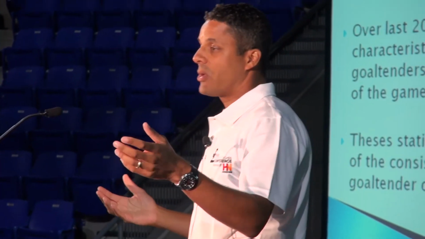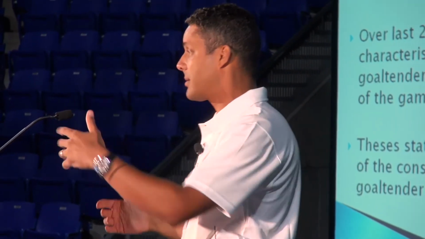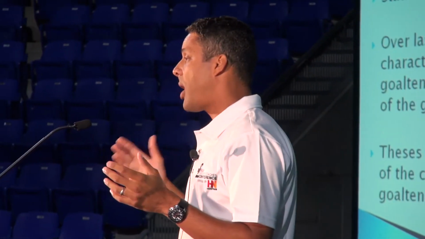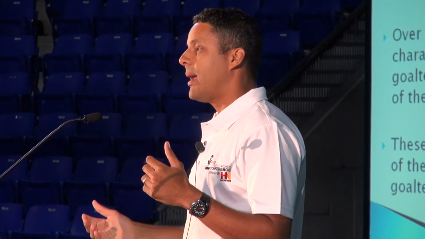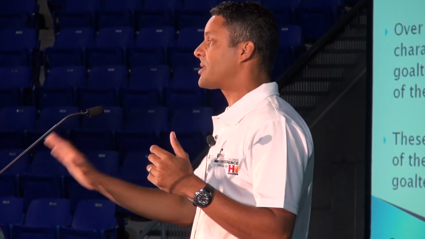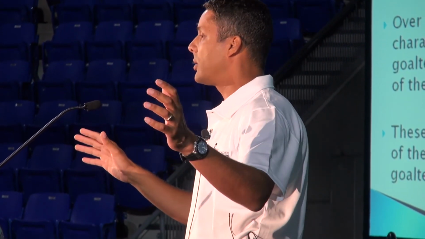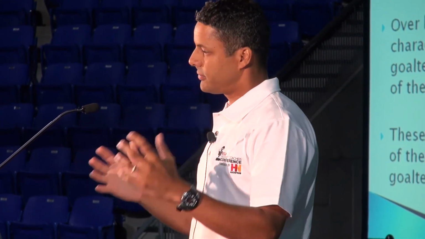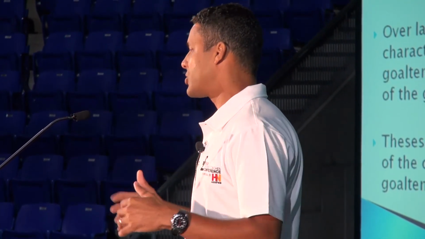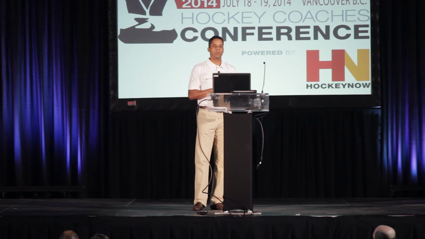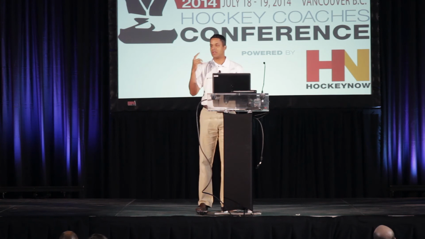That goaltender was Corey Crawford, who had a great junior career with us and has had a tremendous career now in the NHL. And we could have lost him at 17 years old just on a whim because we were a struggling team and, just off the top, his stats were not great. We could have traded him for another young goaltender whose stats were a little bit better. But because of that information mixed with everybody's opinion and our discussions, we made the right decision. So we were lucky in that sense, but it pushed me to break the game down even more